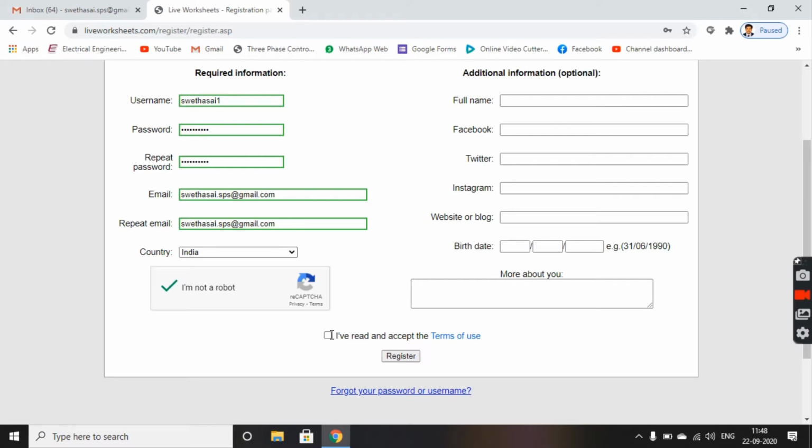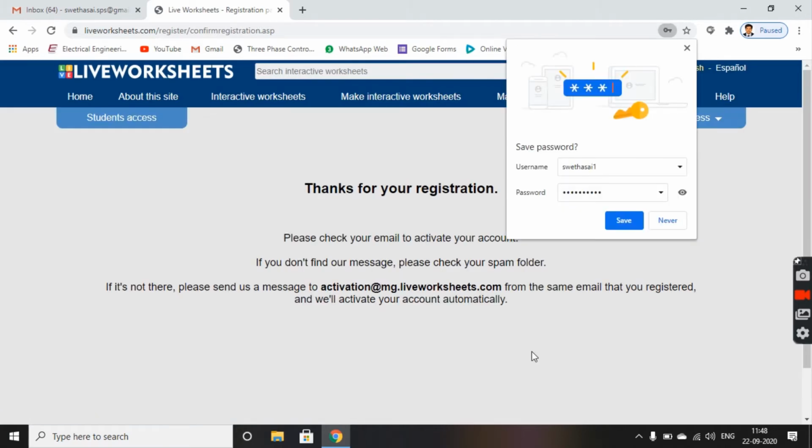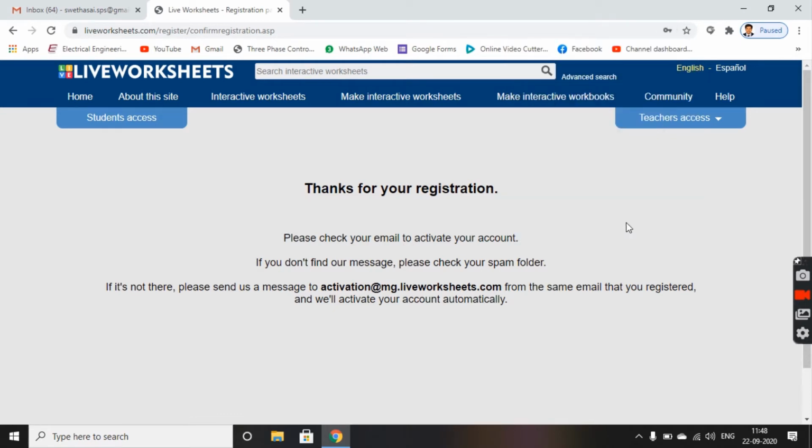Yes, and I have read and accepted the terms of use and now click on register and try to save your password so that you will not forget it on your Chrome, and you get an activation link in your email.